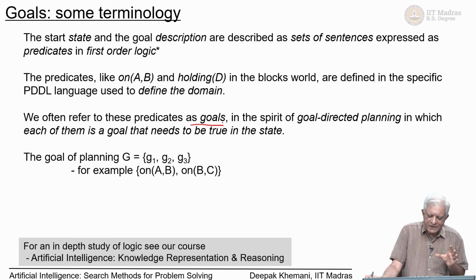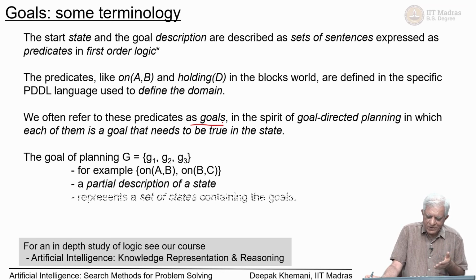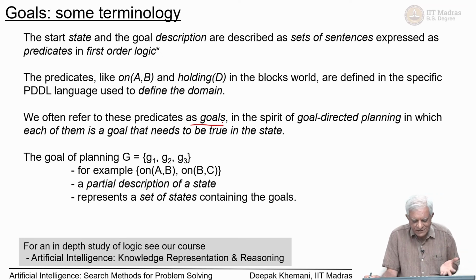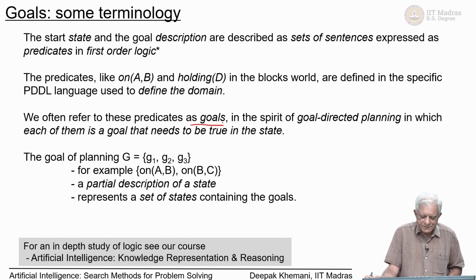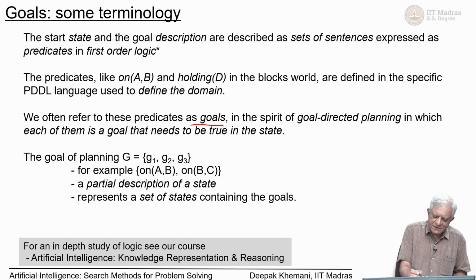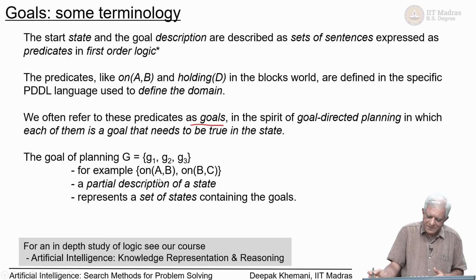The goal of planning is a set of such goals or goal descriptions, for example, on AB, on BC and so on, and we have seen that this is a partial description of a state. We do not care about what the other blocks are, how they are arranged. As long as our description is satisfied, we say that the goal has been achieved. Any such description which is a partial description corresponds to a set of states containing the goal states essentially, which is very similar to when we said that a partial